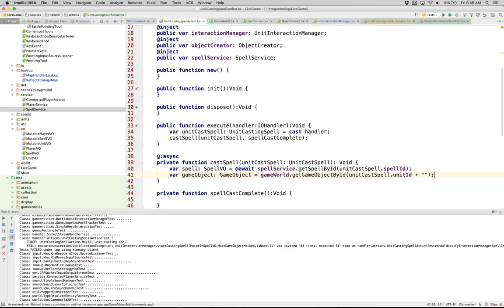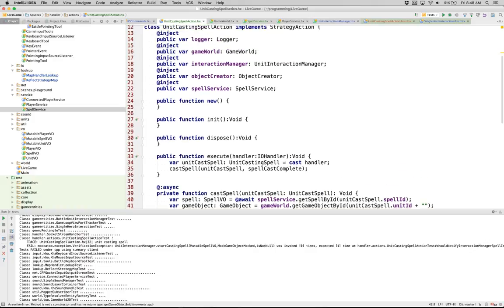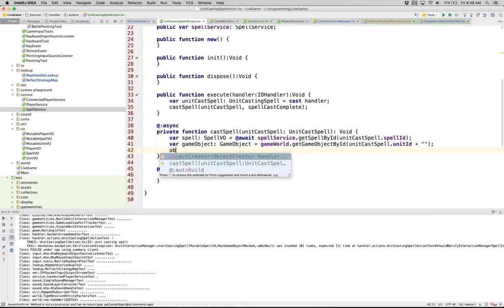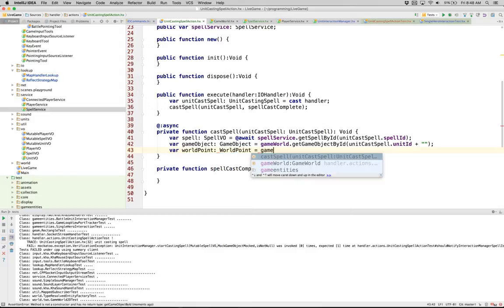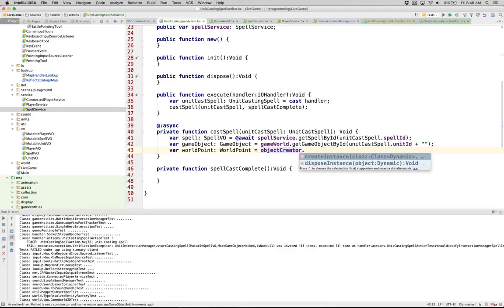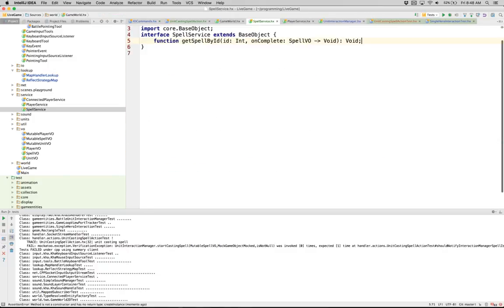Yep. And we also have the object, we call it var world point equals game world object creator create instance world point, and we need to set this up with